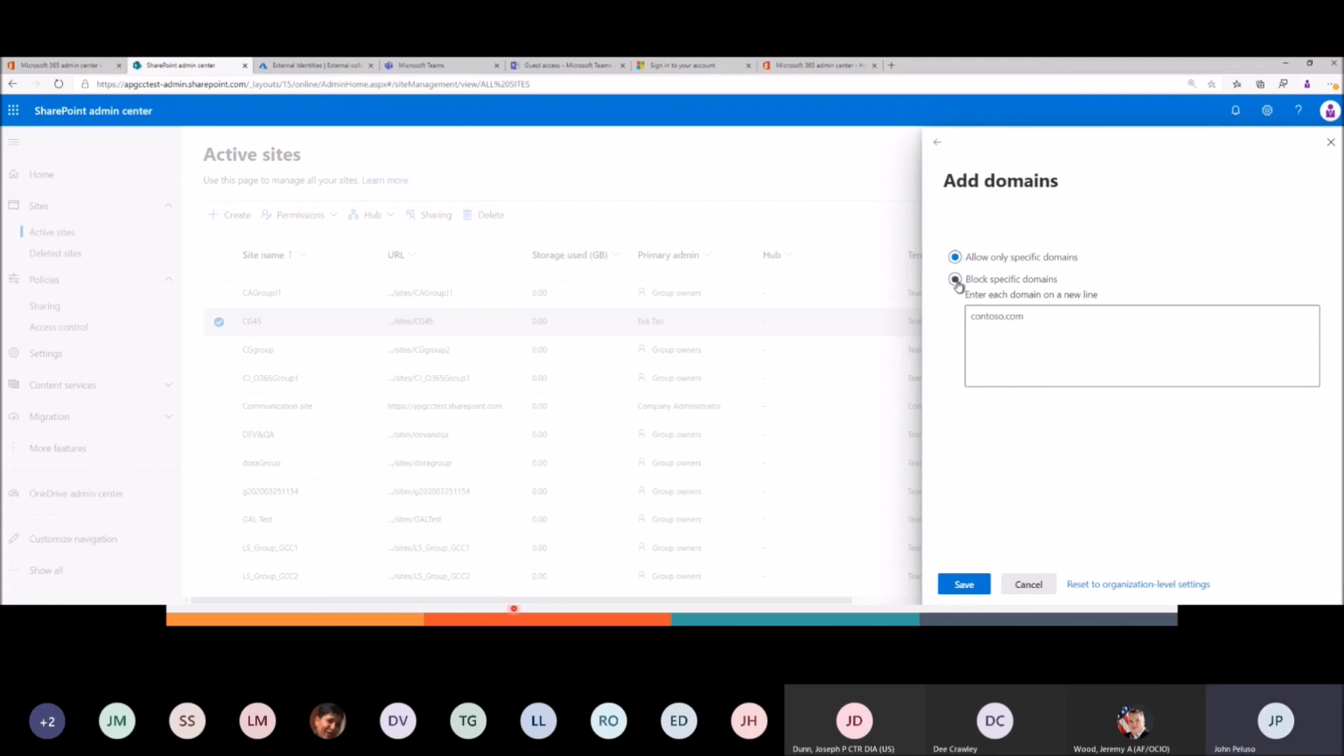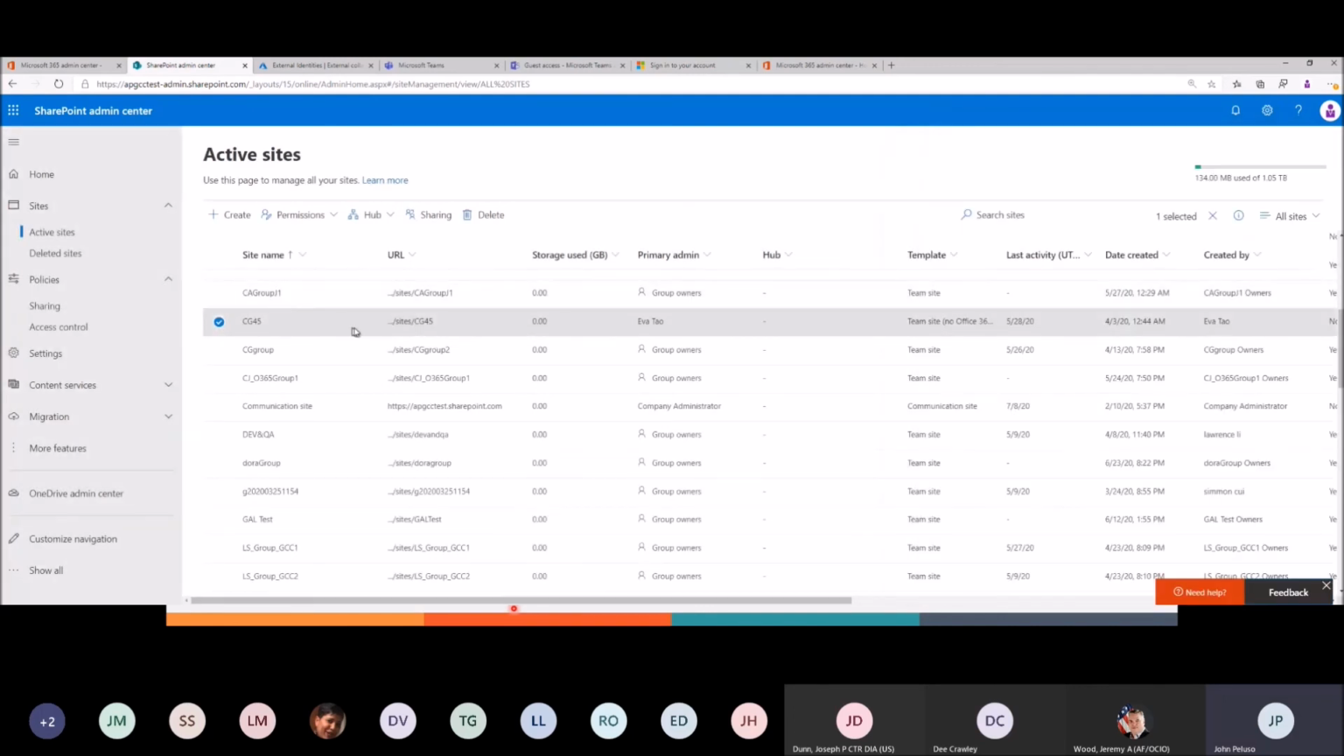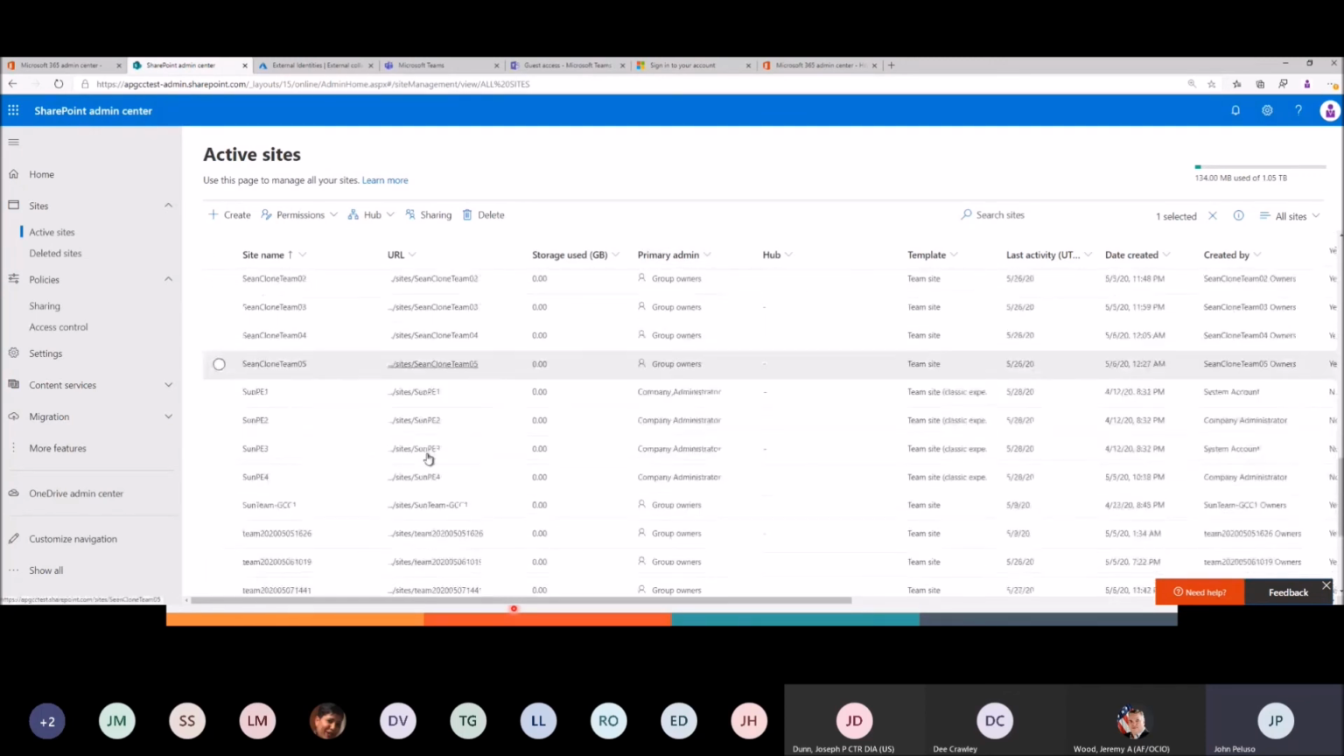These settings can be different than the organization level settings, and I can also, if I wanted to, reset so that this particular site follows and inherits the organization settings, which would have been the default. Looks like people have been messing around in here. All right, so